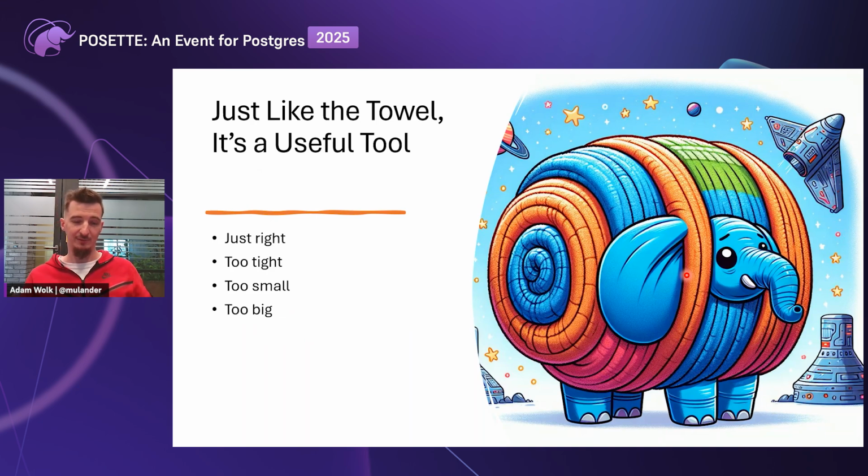If you wrap yourself too tightly, then you will be encumbered in some way, and too complex policies that you employ in PostgreSQL will slow down your database. It won't be able to move as fast as it used to. You can have a too small towel, and then it will cover too little. People from the side will be able to get a glance at things that they shouldn't see or infer what's there. And it can be too big, essentially covering you wholly, and then somebody will step on you because they don't know that you're sunbathing underneath a towel.